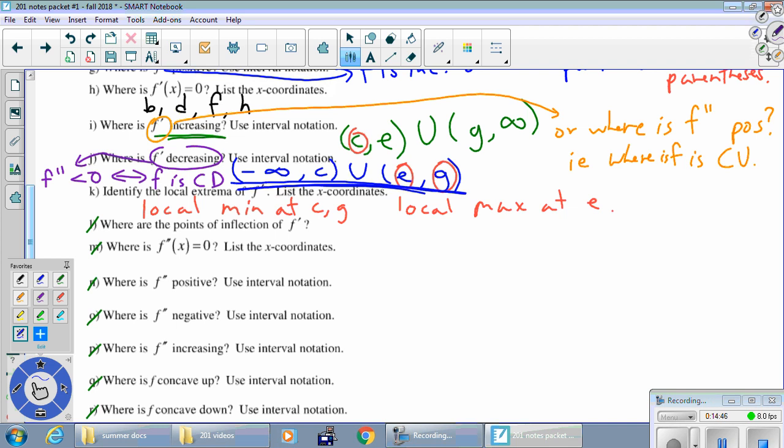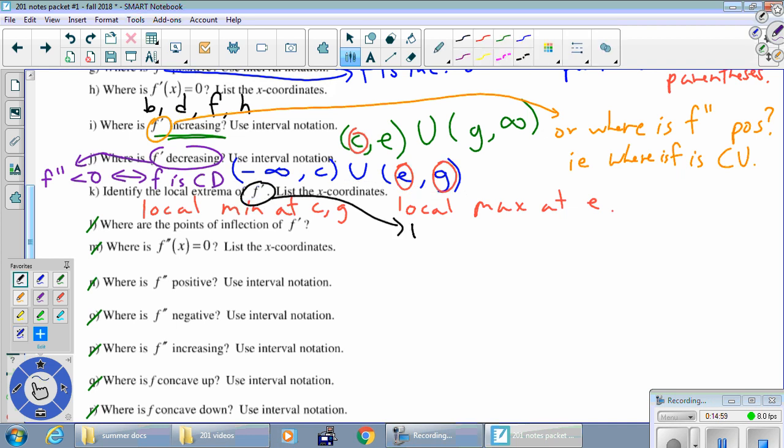And then finally here, the part K, the local extrema of f prime. So extrema of f prime are places where the derivative of f prime is 0. So one more translation here. Where is something equal to 0? So the something is the derivative of what I've circled there in black. Where is the derivative of that circled function 0? But the derivative of that circled function is f double prime. The derivative of f prime is f double prime. And f double prime equal to 0